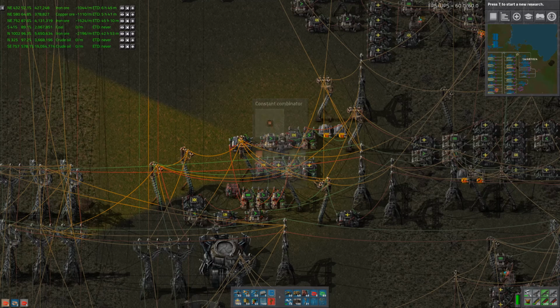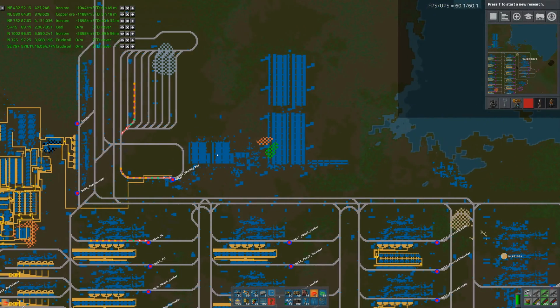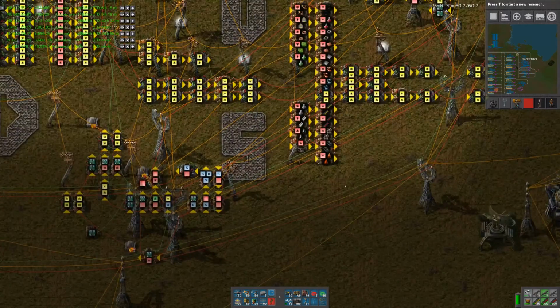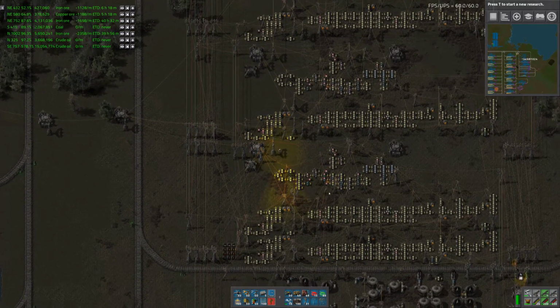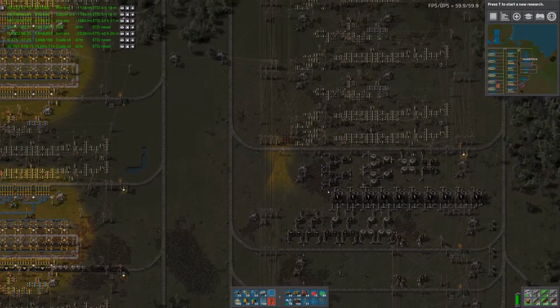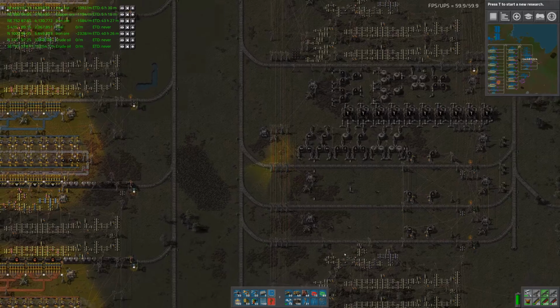Yep. Reset the request and send it off. And now we should see it over here. Now the only issue is that we don't have any combinator set to actually forward that request. So we'll go and do that, and then when the train comes over here, that'll be the end of the